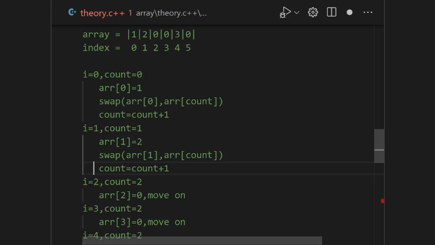So array of 2 is 0. When we find 0, we have to move on. In the first solution, when we found that an element is 0, we actually went into the inner for loop, and that's how the time complexity increased in the previous solution. But in this case, we think reversely: when we find non-zero, we swap; when we find 0, we move on. In the first condition, in